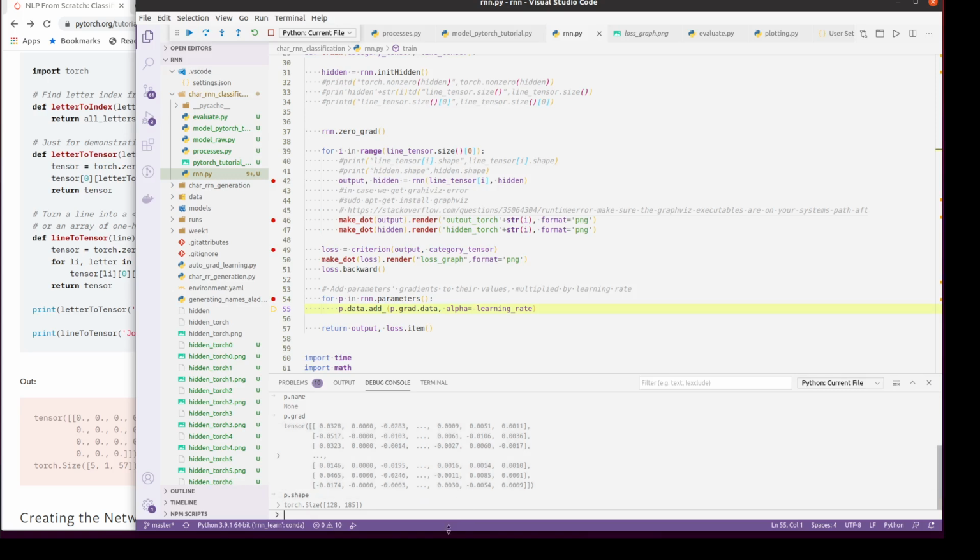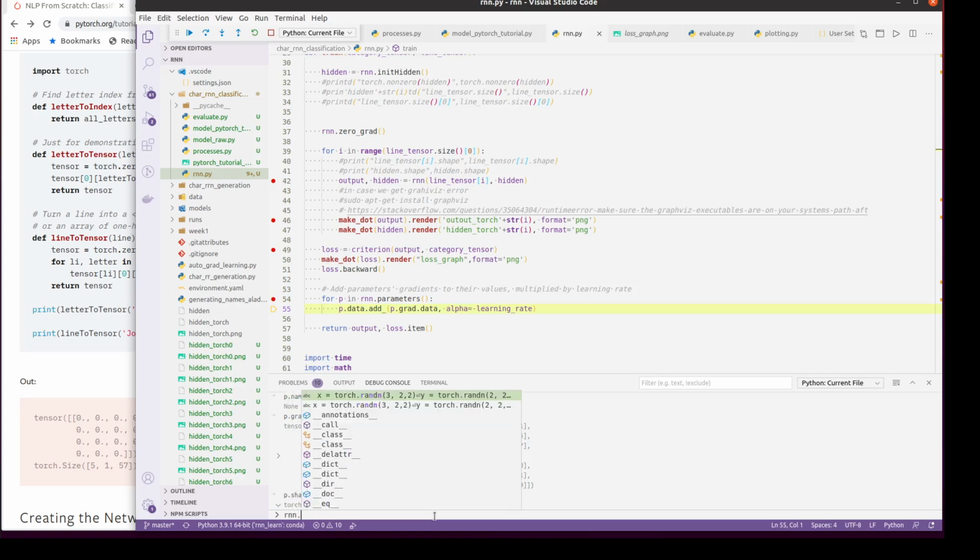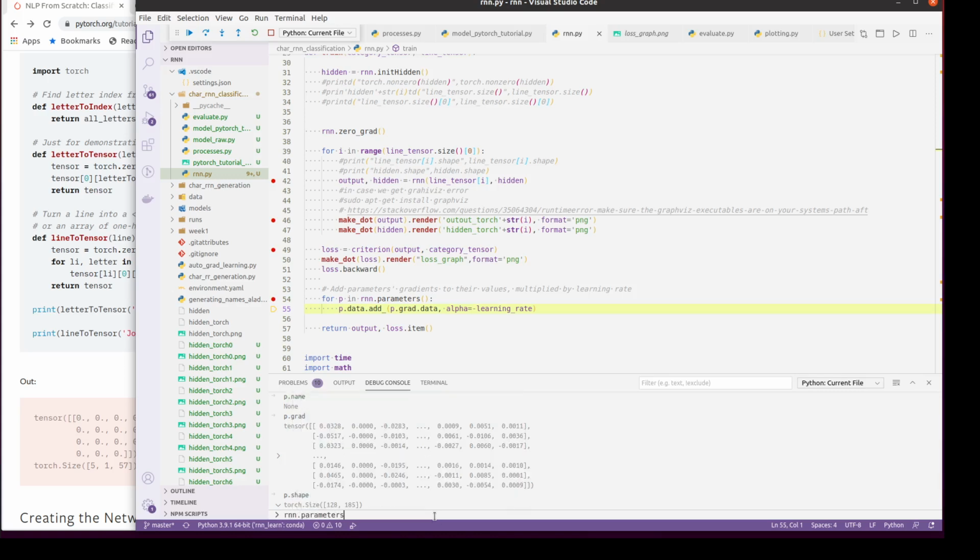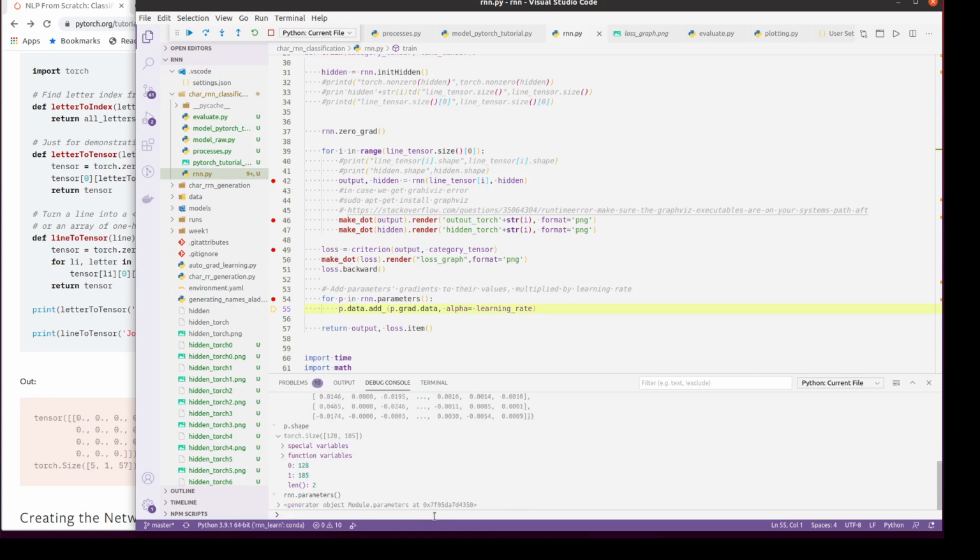So I think, as we can see, this is for the first input layer. So here we can also do the parameters, it has